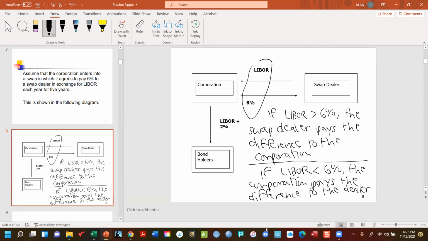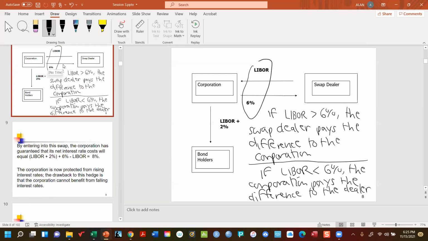All right. So now, of course, if they're equal to each other, then no cash flows take place at all. So the big question becomes, what is this getting the corporation? Why are they doing this? Well, if you look at the cash flows that are coming into their pockets and going out, the corporation